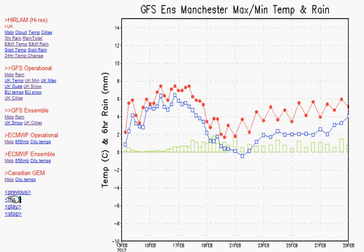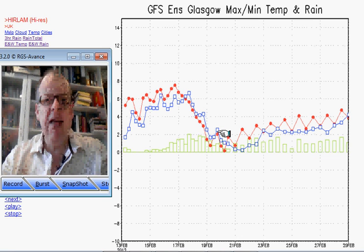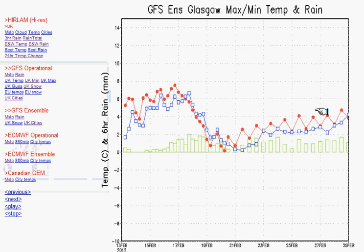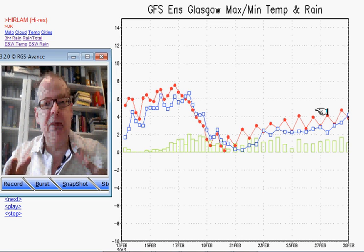Similar again for Manchester, but Glasgow takes a bigger hit. Look, rising temperatures this week, but then some cold days to come. Remember what I said about that cold air generally trying to get into Scotland, and then those rising temperatures as we get into the latter part of the month. Now, there's good agreement between the models at the moment, so we can have reasonable confidence in the forecast. I'm not going to get into anything too technical today, as I say,